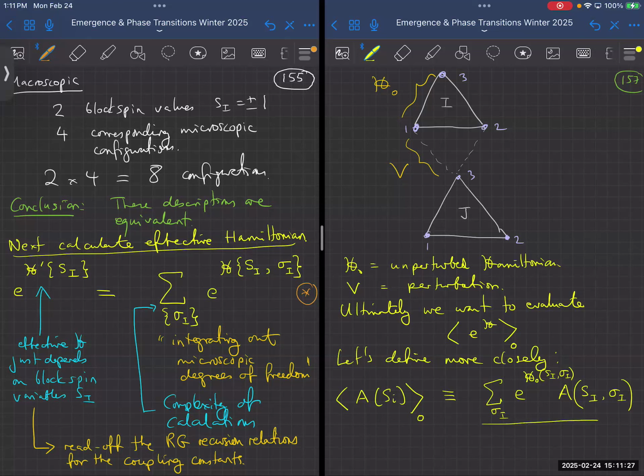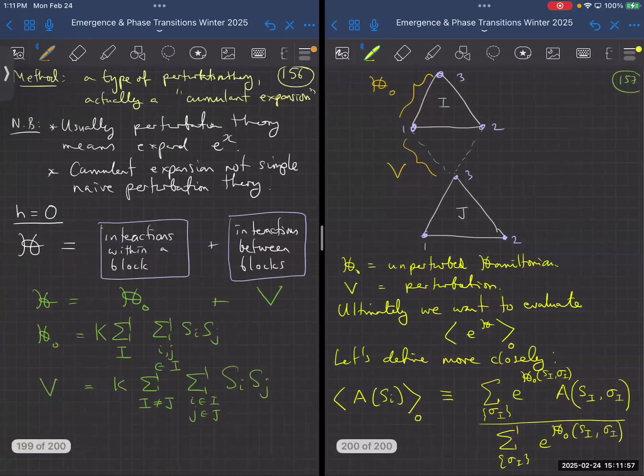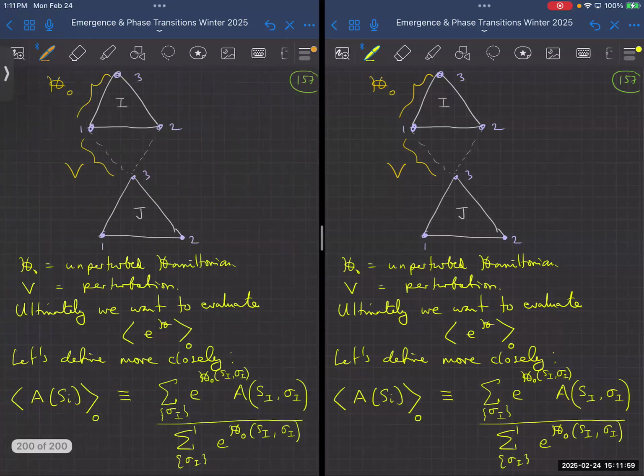I'm going to normalize it by the partition function of that one block. So I'm going to normalize it by e to the h naught of Si and sigma I. So that's what I mean by an average with the subscript 0. Okay, so that's how we do integration. So now let's